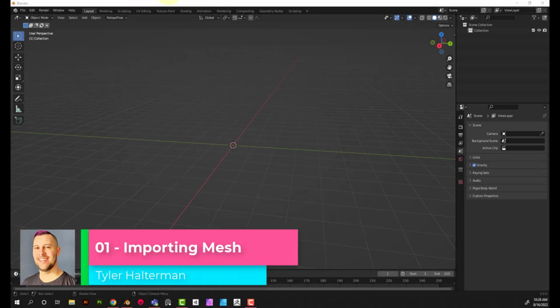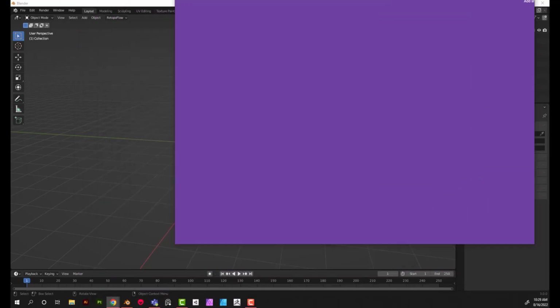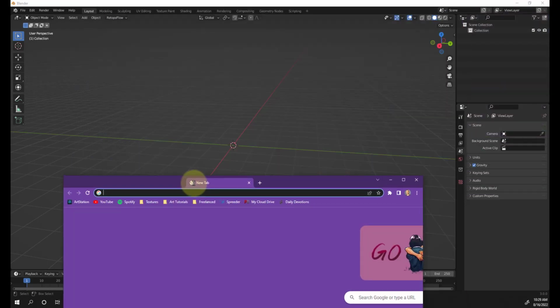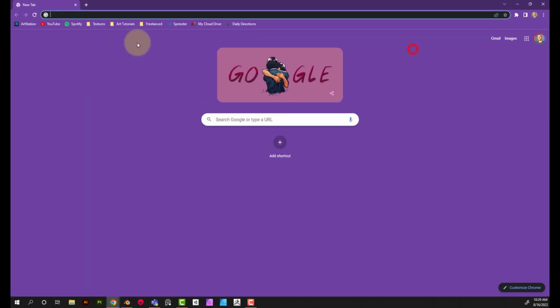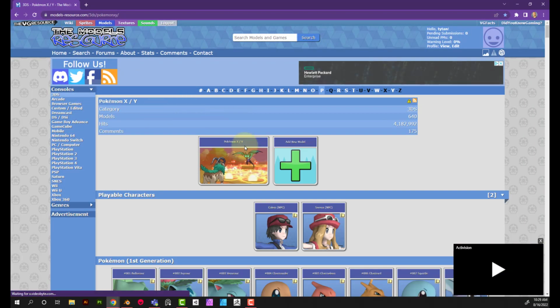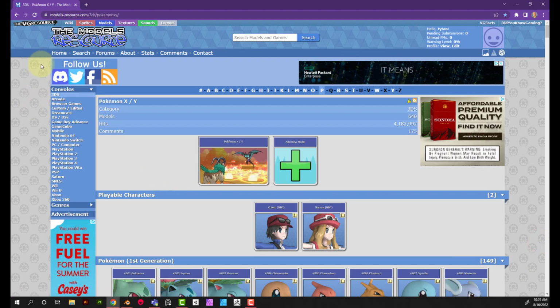How's it going, everybody? In this video we are going to be importing our mesh for this demonstration. Now you may already have a mesh, so if you do, then in that case you might be able to skip a lot of this tutorial. But if you're going to want to be putting in something that's been done in the past, or maybe you want to accelerate the pipeline, you may want